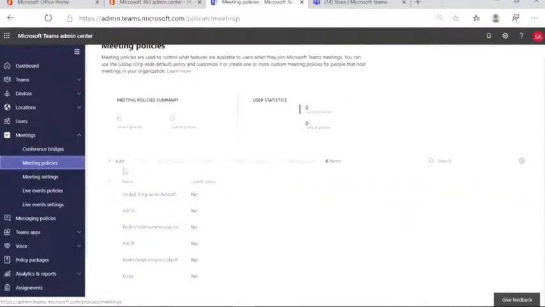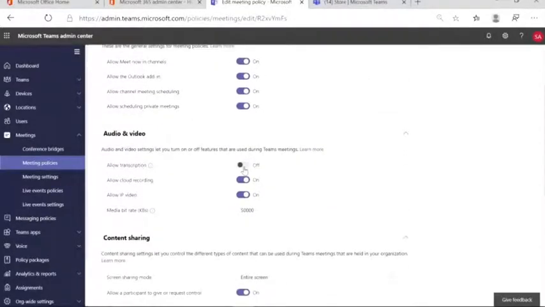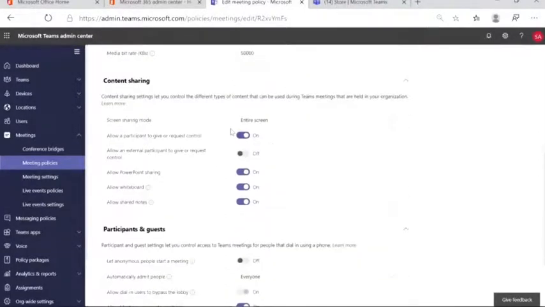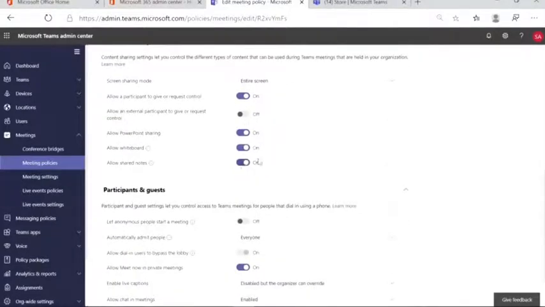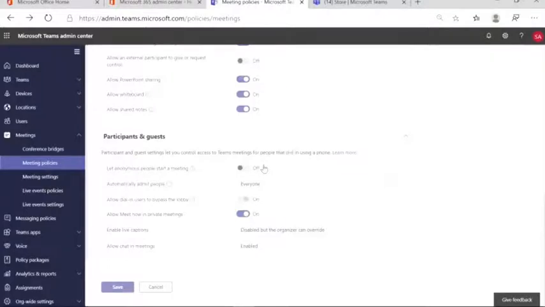Now, to create a policy, it's very, very simple. We simply click on add, and of course we can then edit existing policies. Now you can see here, very straightforward. To be able to edit the policy, I can simply go through and then turn on or off the different capabilities. So a great one would be, of course, we want to allow transcription because we want people to be working, and then just like that, I can go through and we can select all of the capabilities that we want on or off as part of, right now, the Teams meeting policy. Simply click Save, and just like that, this